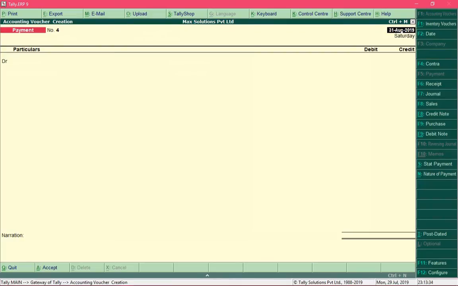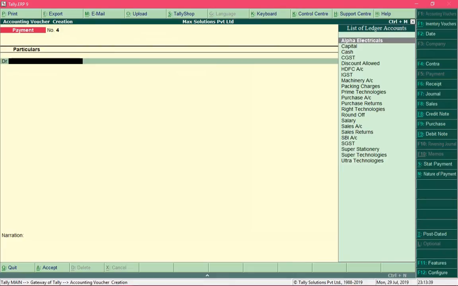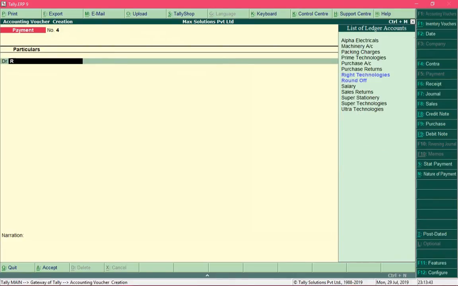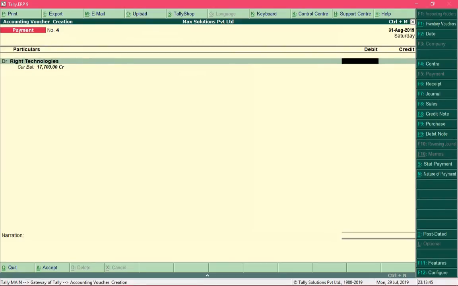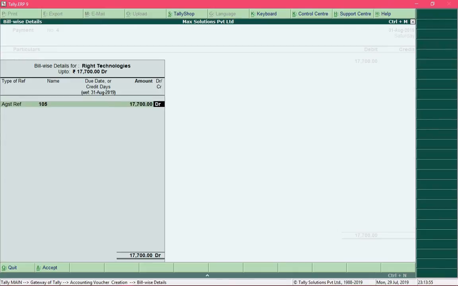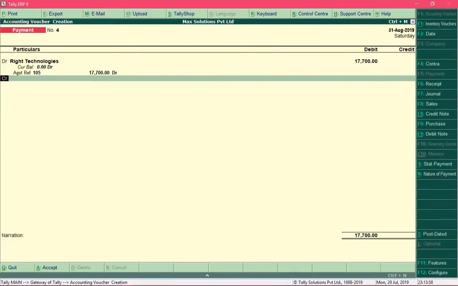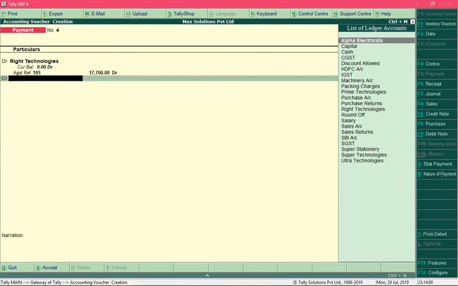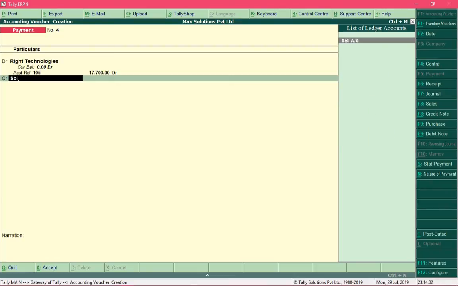To make payment entries we use the payment voucher, which I am already in, and I will debit the receiver's account by rupees 17,700, and I am making this payment towards this invoice number which I am specifying over here, and I am going to pay this supplier from my bank, SBI.